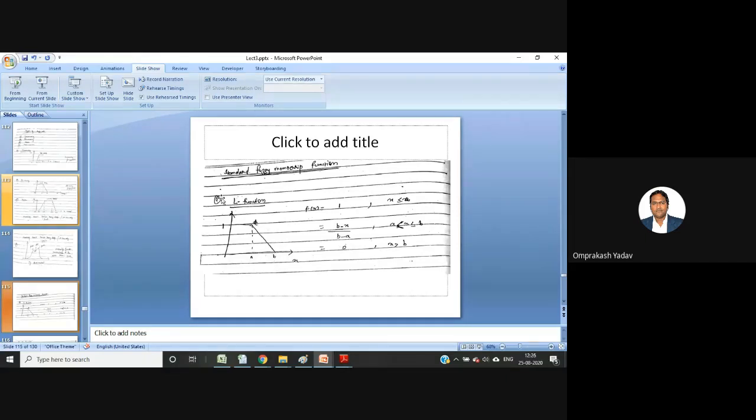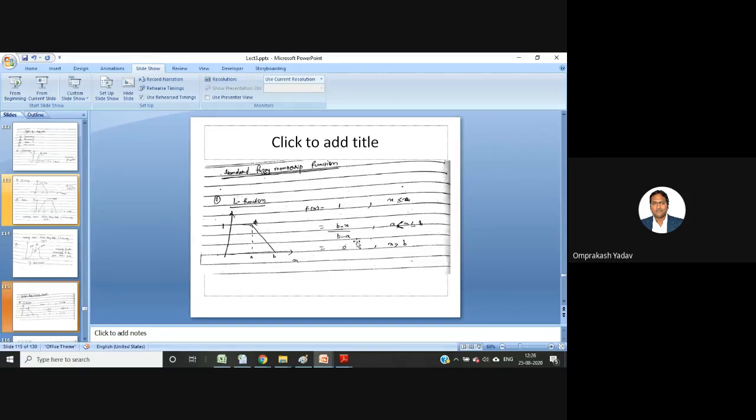Now in this particular question, you have to draw the graph, and then you are supposed to write the equation for that graph. First you will draw this graph, and then you will write the equation. The equation for the first line: it's a line parallel to the x-axis, so the equation will be y equal to constant, that is 1. Till the value of x is less than or equal to A, the value is 1. So that is written over there.